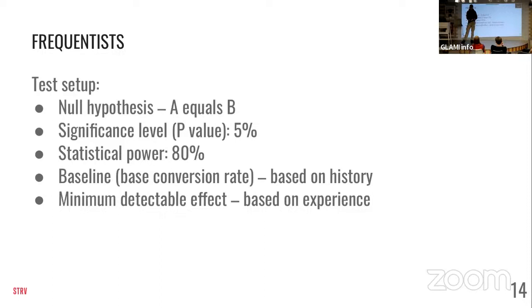This baseline is then used with something called the minimum detectable effect, and all these numbers are used to compute the required sample size. So don't miss any of these numbers. Sometimes, as I said, people tend to look just at the significance level or overlook the minimum detectable effect. I will give you some examples on the next slide.